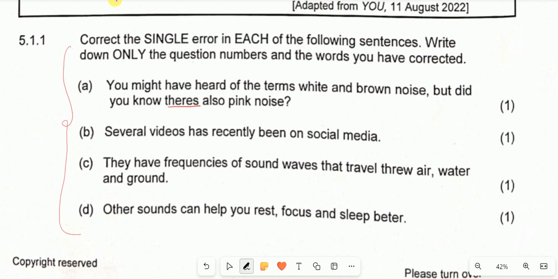When I read it, all the words flow. It means I don't have a concord error, but when I look at the word, there's not how you write it. So the error here is supposed to be written like this, or alternatively you can write it in full without contracting it. We can say there is, and then there's your error. Several videos has recently been